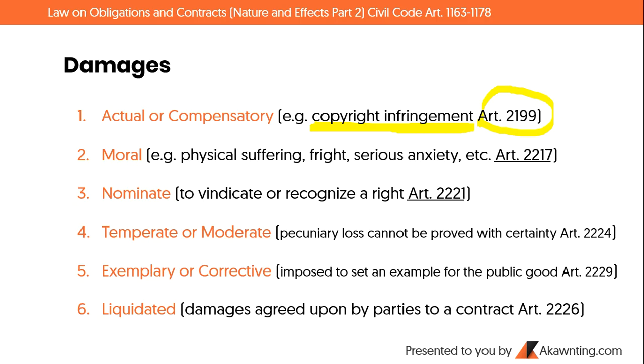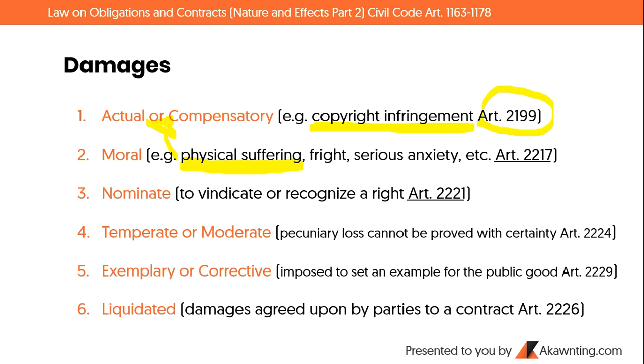Okay? So, next naman, we have moral damages. So, under moral damages, dyan nagpo-fall yung mga physical suffering, fright, serious anxiety, and other than that, nandyan din yung mga, kunwari, napahiya ka. So, tandaan nyo rin yung physical suffering, most commonly, malito ng mga estudyante, akala nila yung physical suffering, nagpo-fall siya sa actual daw, okay, pero actually, physical suffering, for example, na-aksidente ka, so let's say gasgas lang,